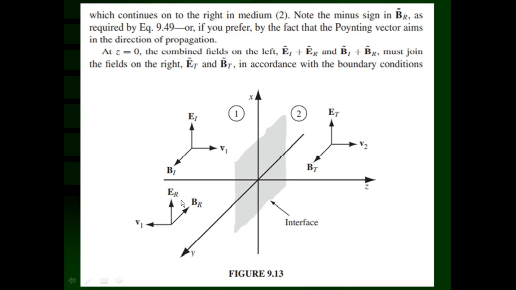This is regarding the reflected wave. You can see that the reflected wave is reflected from the surface, the angle of incidence and angle of reflection remain the same, so they are normal, 90 degrees. So ER remains the same as EI, but because it is now reflected and moving back in the negative z direction, the velocity V1 is reversed, and hence Bi also has to be reversed as Br. Bi was in the positive y direction, but Br is in the negative y direction.